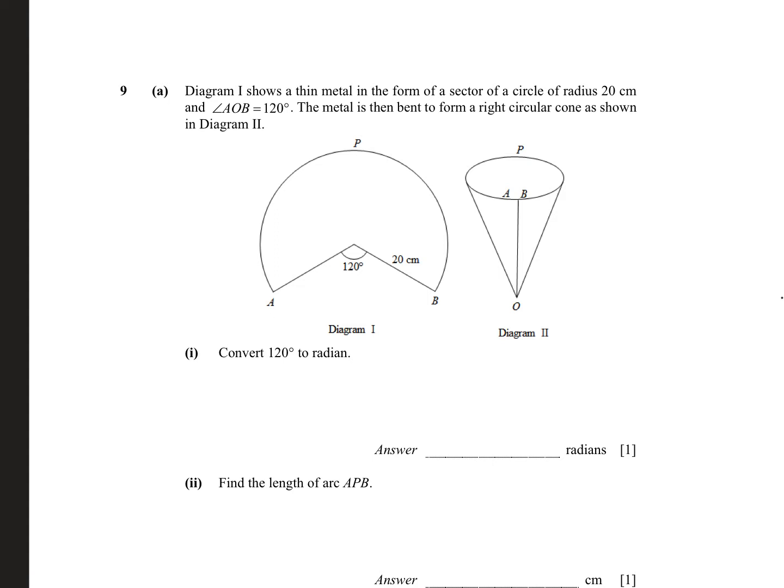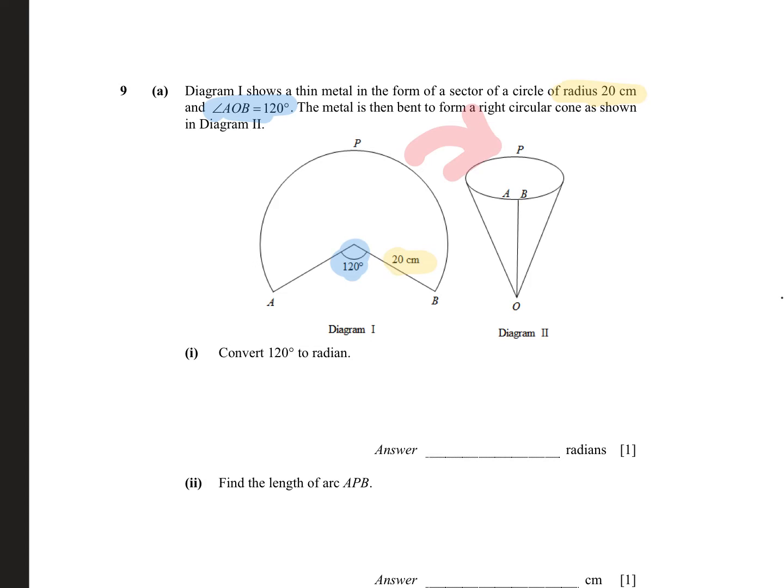Diagram 1 shows a thin metal in the form of a sector of a circle of radius 20 cm. So we see right here, 20 cm is our radius. And angle AOB is 120 degrees, so we see that over here. And this metal is then bent to form a right circular cone. That means when we bend this,